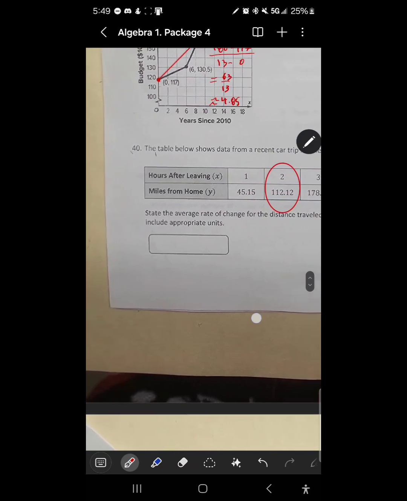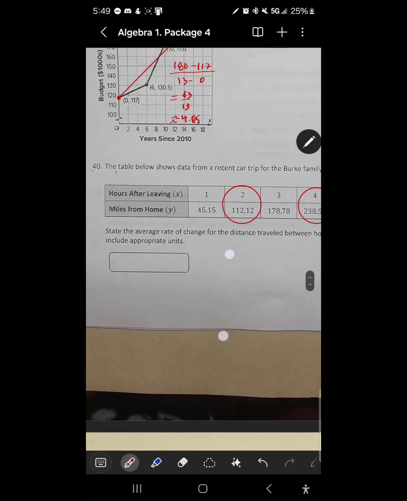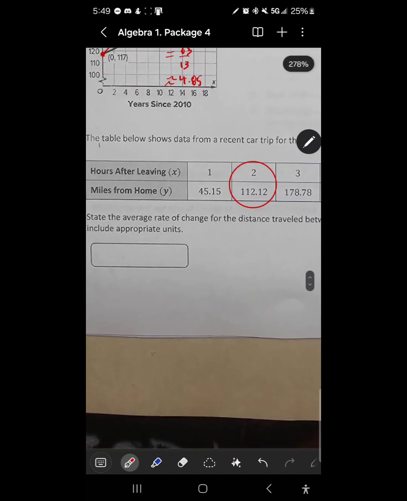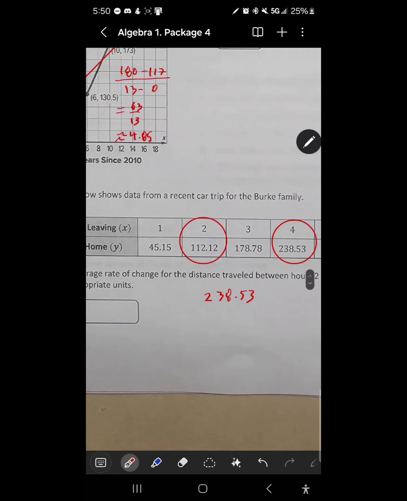Round your answer to the nearest tenth and include appropriate units. So let's first do this. Hours after leaving the family, miles from home. So average rate of change is just slope. So we're going to say 238.53 miles